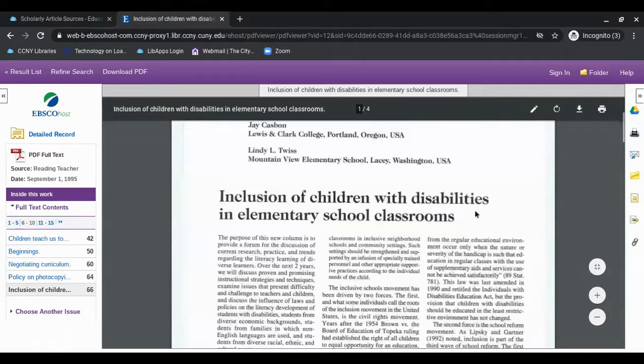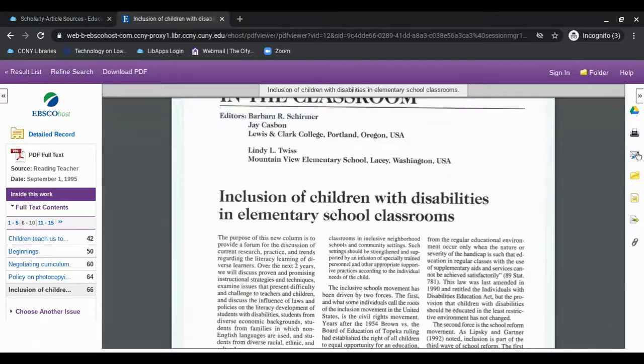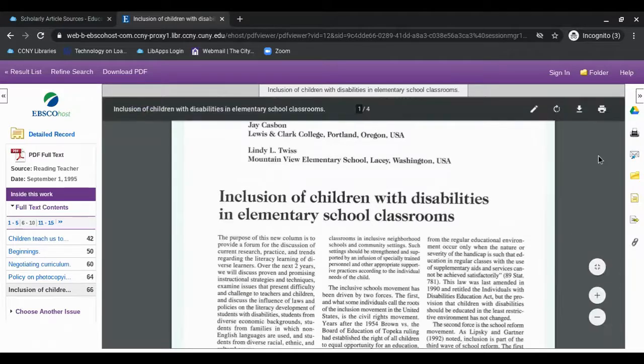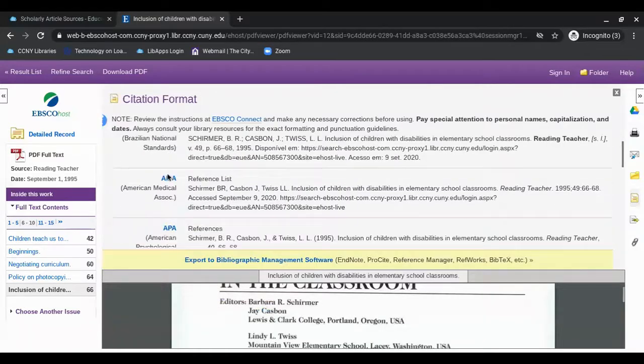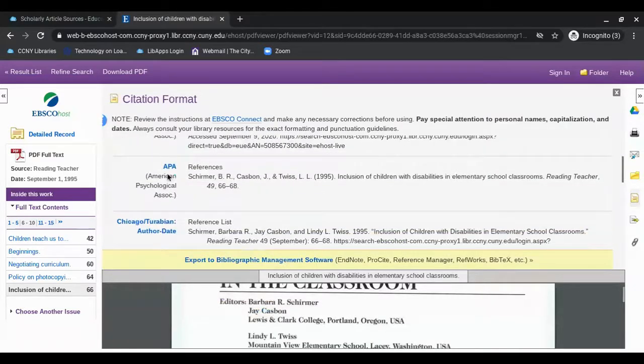Great. And there's a lot of tools. You can print, you can email it to yourself. This is what you can save it to your Google Drive, depending on how you like to save your articles. I definitely recommend that you either save it to your drive or email it to yourself, or use the citation button, which will then generate citations in a variety of different styles. This can be really helpful. You can copy and paste them into your